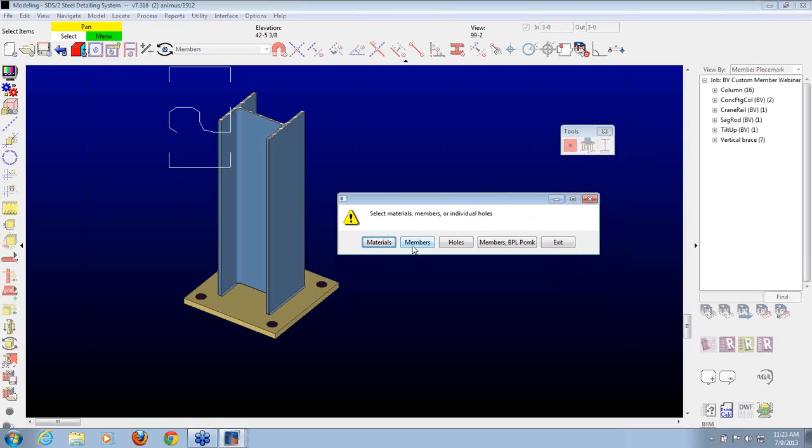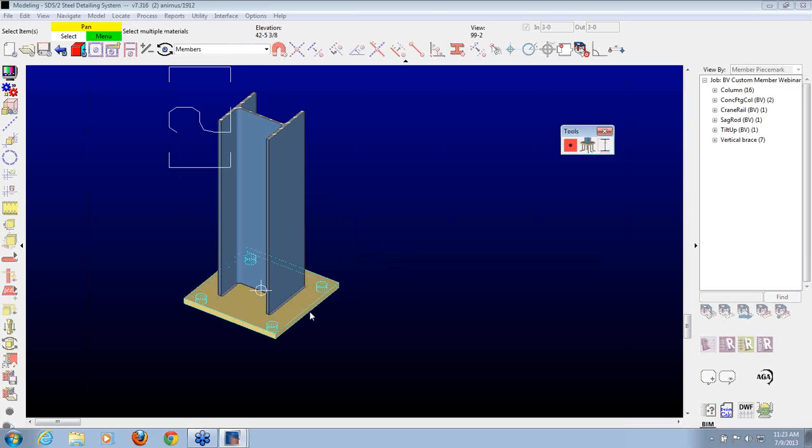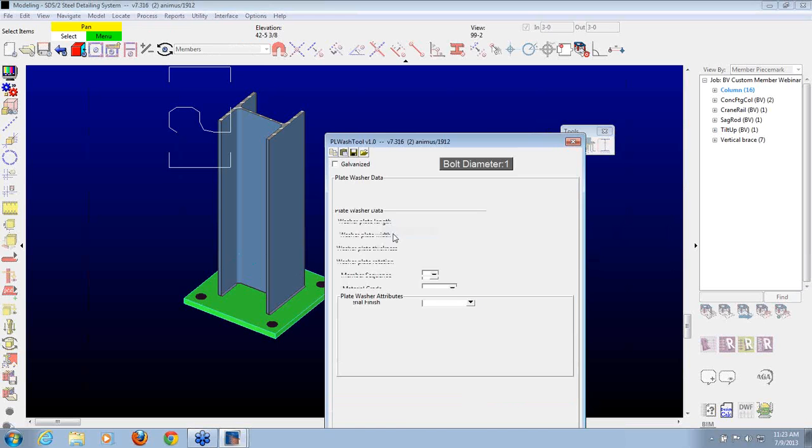Now you can select based on the member or the materials, the members, the holes, or the members based on which base plate piece mark. So it'll prompt you for each different piece mark on the same member types, if you want different plates for different base plates on the same members that you selected. If I just say materials and select just that plate, and I right click and say OK,